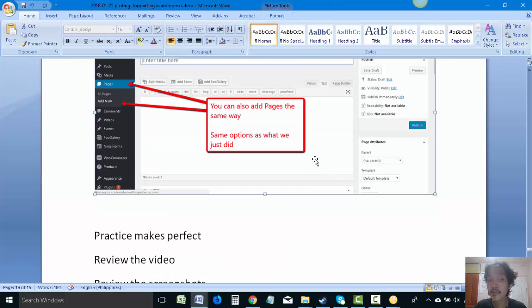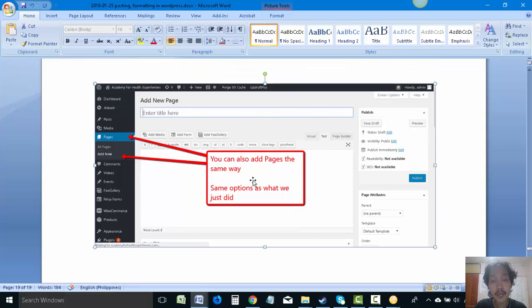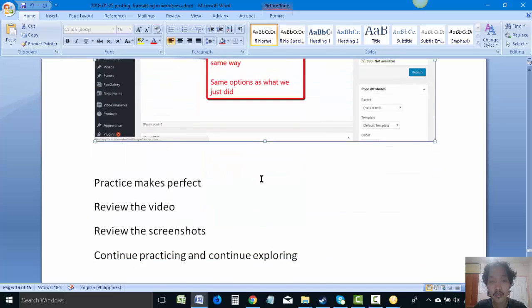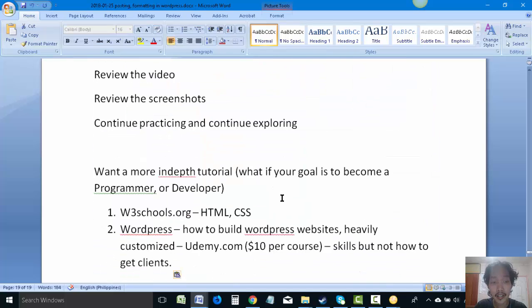So there's tens of thousands of features in WordPress, tens of thousands of mga additional functionality na pwede nyo idagdag through the plugins. Then every programmer who builds WordPress can customize it. So we'll never know everything. So accept na it's very important